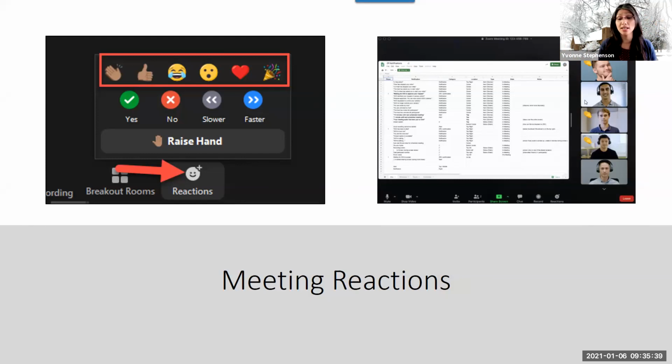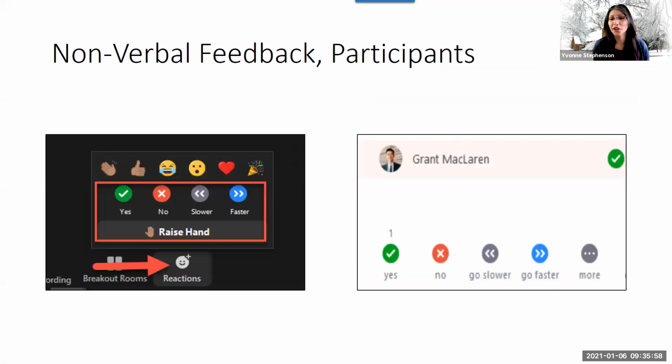If you want to use this in your meetings, you'll have to turn them on in your account settings through the WT Zoom website under the basic in meeting basic settings. And so we'll talk about how to get to account settings in just a second. Awesome. I already see Jessica and Laura have given me a thumbs up. All right, so now let's move into